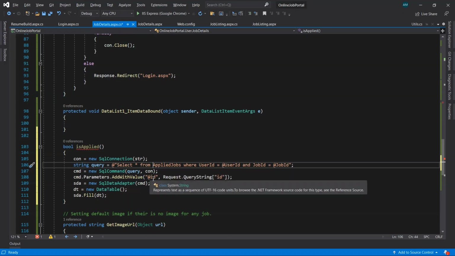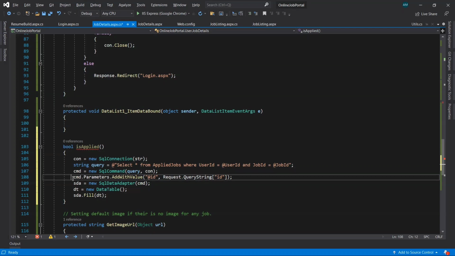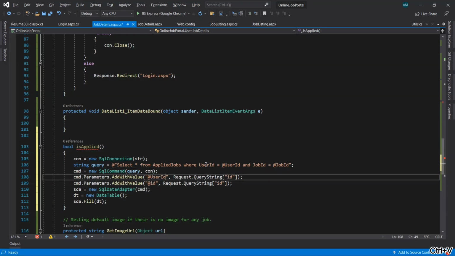So after that, like first one, let's copy this line, enter. Now the first, that is for user ID, let's copy, paste it here.